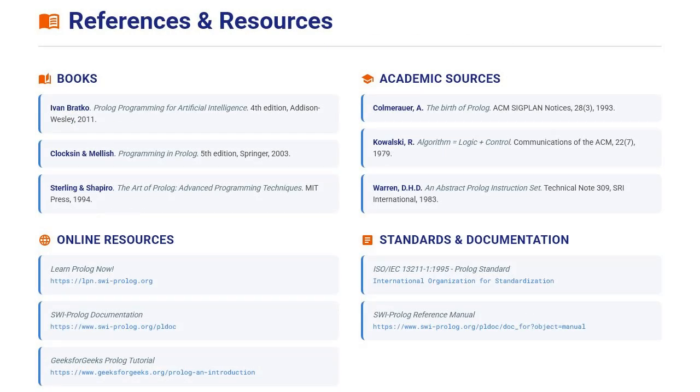For those who want to dive deeper into Prolog, here are the key resources used in this presentation and recommended for further learning. Primary sources. The core information about Prolog's history and features comes from the Prolog Wikipedia article, which provides comprehensive documentation of the language's development and standardization. Additional technical details were gathered from the SWI-Prolog official documentation and the GeeksforGeeks Prolog